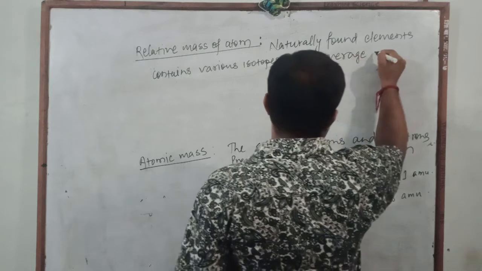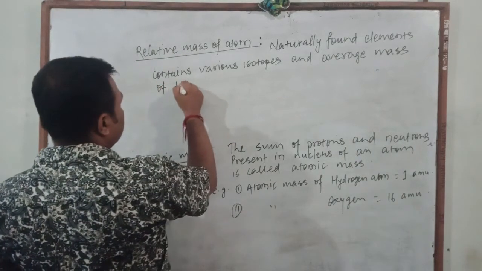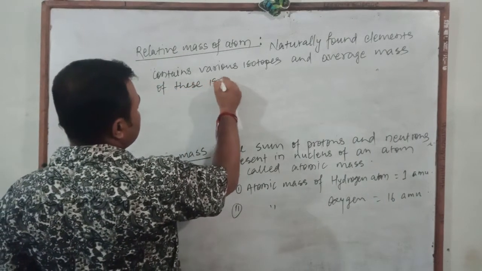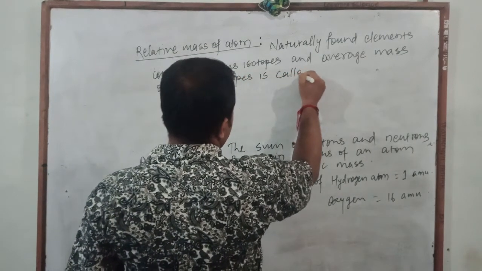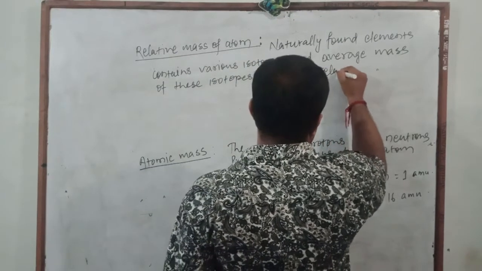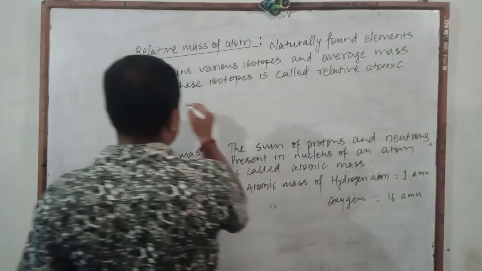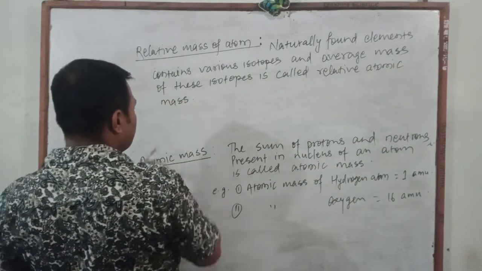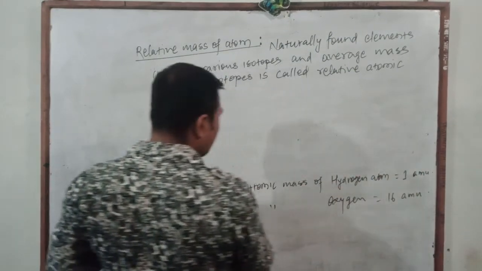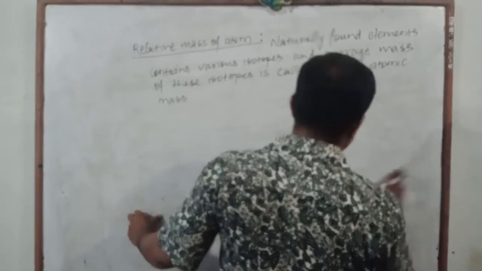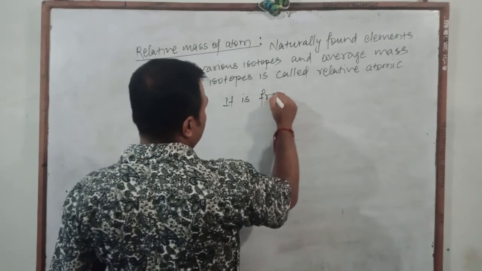The average mass of these isotopes is called relative atomic mass. Listen, relative atomic mass is always fractional, not a whole number. That is caused by, or it is fractional,